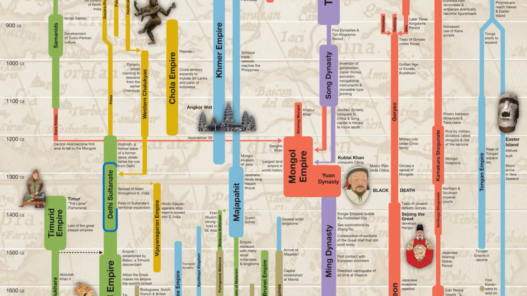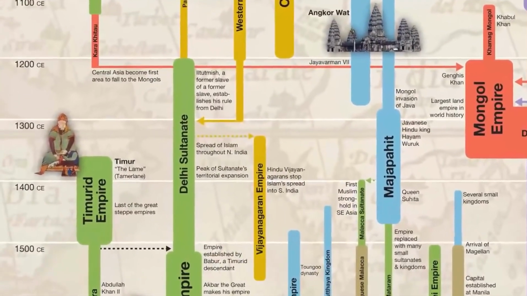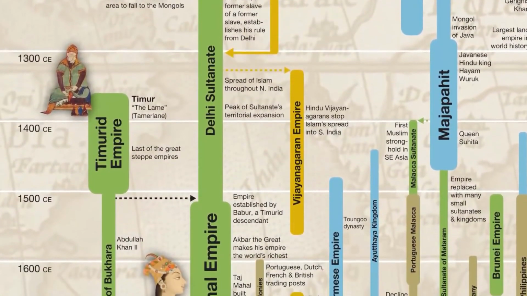Okay, let me finish the rest of this chart by going region by region, starting in the west. After Genghis Khan, the next greatest conqueror to come from the Asian steppes was probably Timur. His empire dominated most of Western Asia during the 1400s, but perhaps even more important, one of his descendants ended